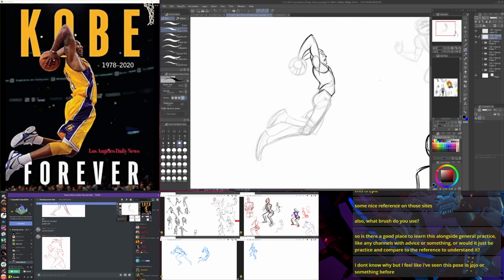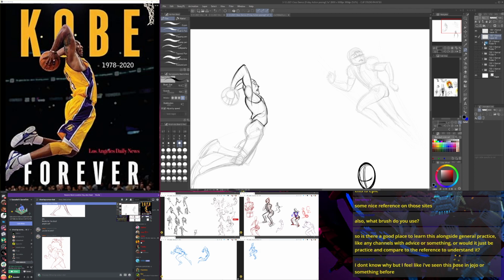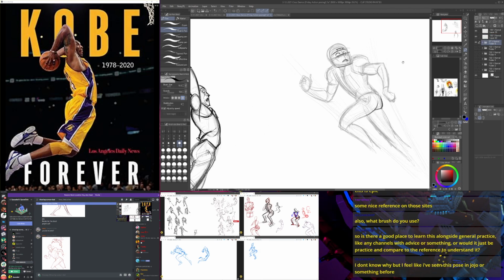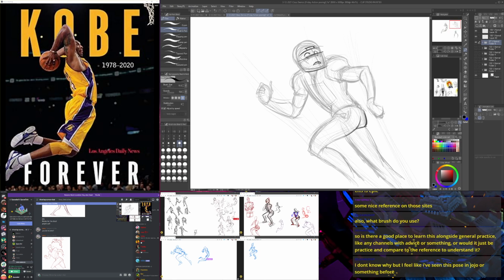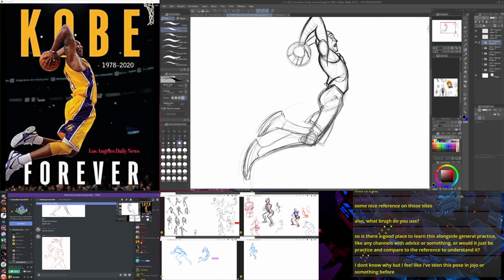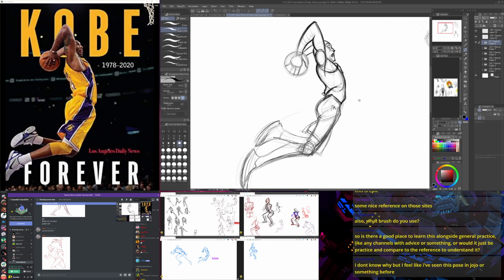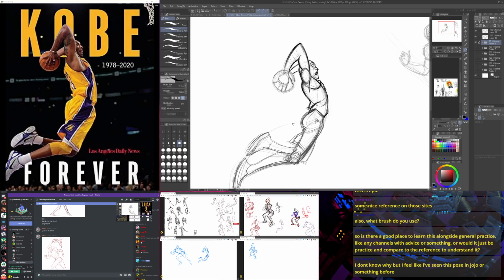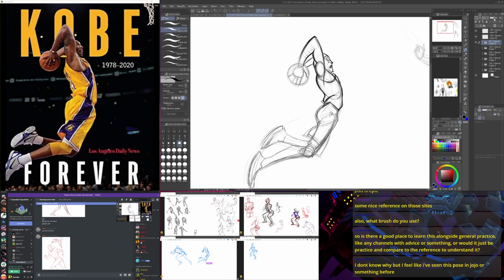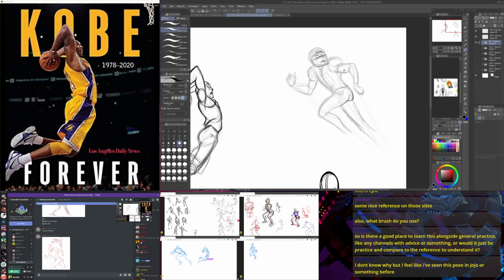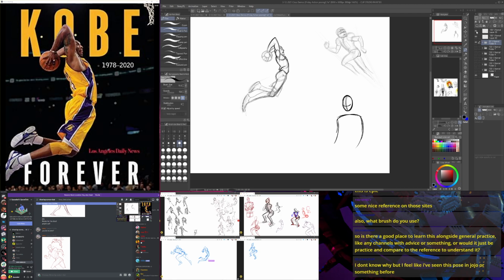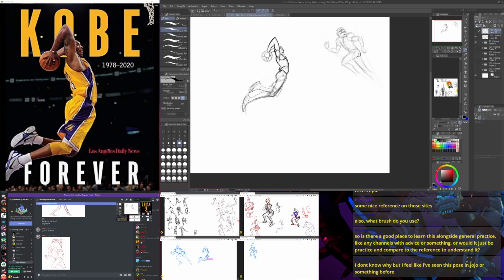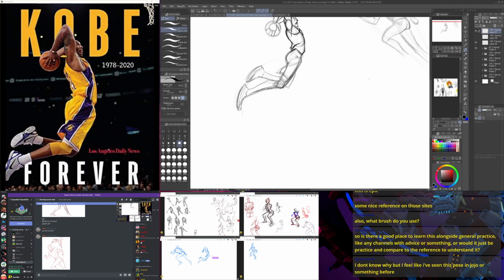Yeah, feeling pretty good about that study. I do like the feeling of this guy, the football player. And the Kobe's pretty good. The legs are a little janky, but overall, feeling pretty good to me. I still can't grasp the butt anatomy, how to connect the leg into that. Yeah, I'm having trouble with that too.